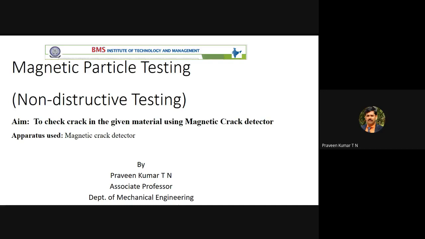Out of those 3, the ultrasonic flaw detector is mainly used for demonstration most of the time. It does not come for your test, but you have to conduct the test. Then a viva will be asked in the examination, or for the test you have to write the record, everything. But mainly 2: one is magnetic particle testing, and one more is the dye penetration test. Those 2 tests you are conducting will be there for your exam. I am talking about the exam.